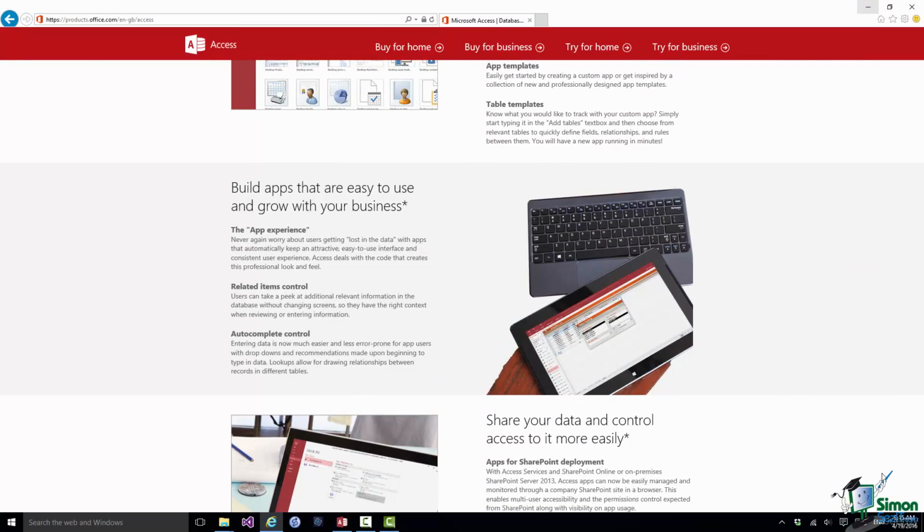So first of all, who is this course for? When I designed the course, I really had three groups of people in mind. First of all, people who've never used Access before, maybe never used a database before, or at least not knowingly, and very certainly who'd never designed a database or built a database before. If you like, they're the primary group of users that the course is intended for, and I'm really going to